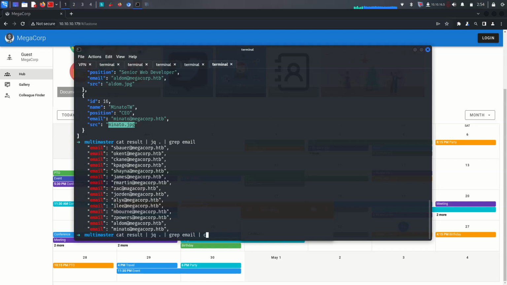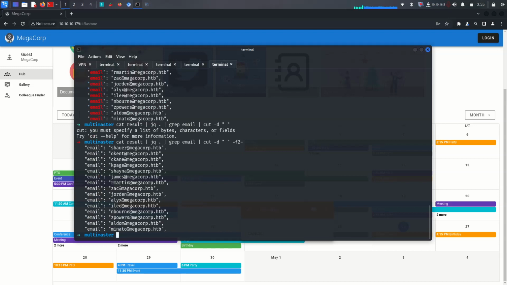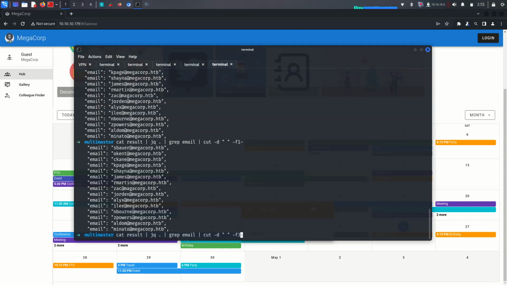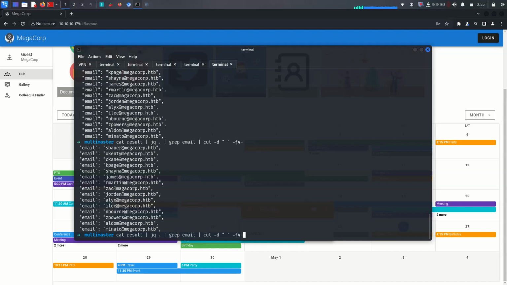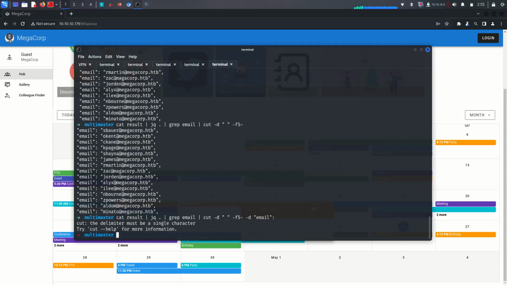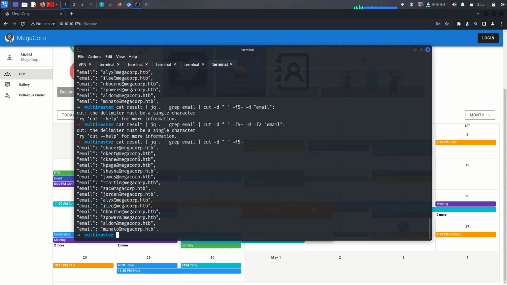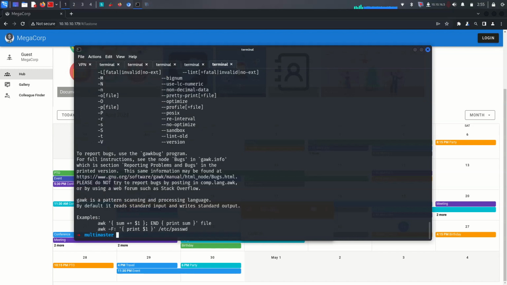So let's use some bash skills with cut dash d, and we have to give this, right, dash f2. Why is it not working? Maybe here 1, nope, 3, oh it's 4, let's say 5, and then we grab the right numbers of the email list. Now we can say dash d again, then email with this one, nope, let's say dash f2. We can grab it with email, but let's use awk here. Can we use awk here? I think yes. So awk dash f, and